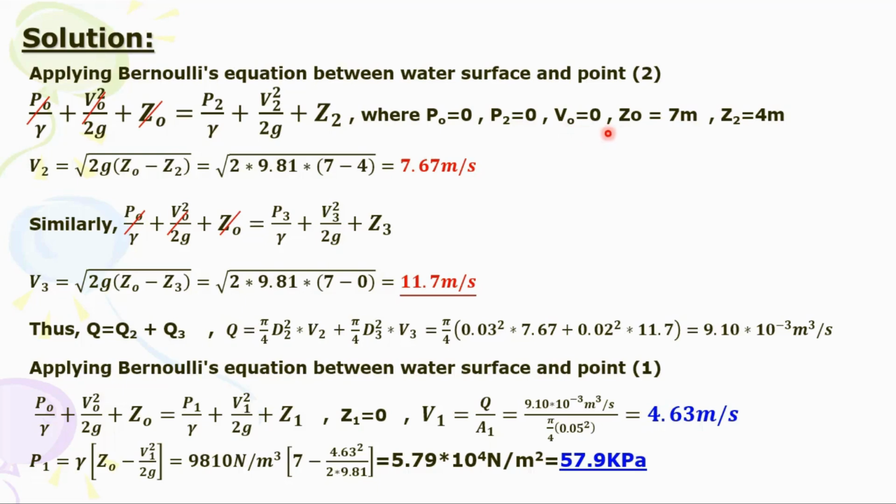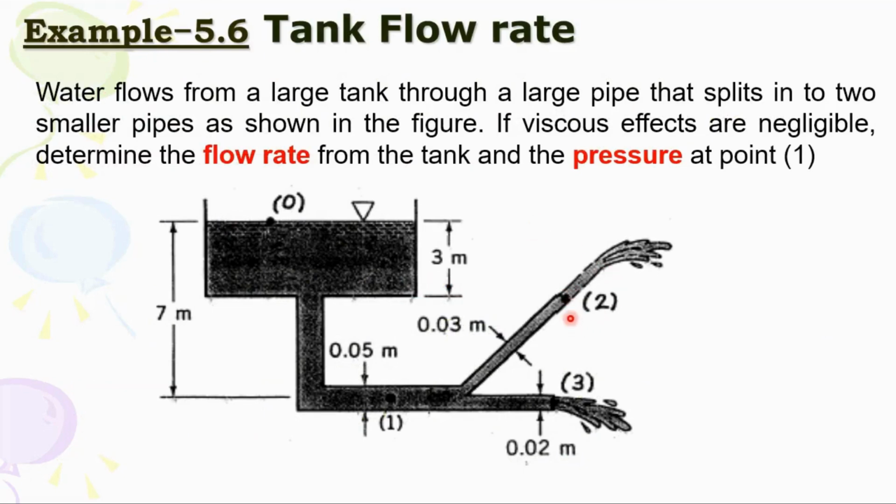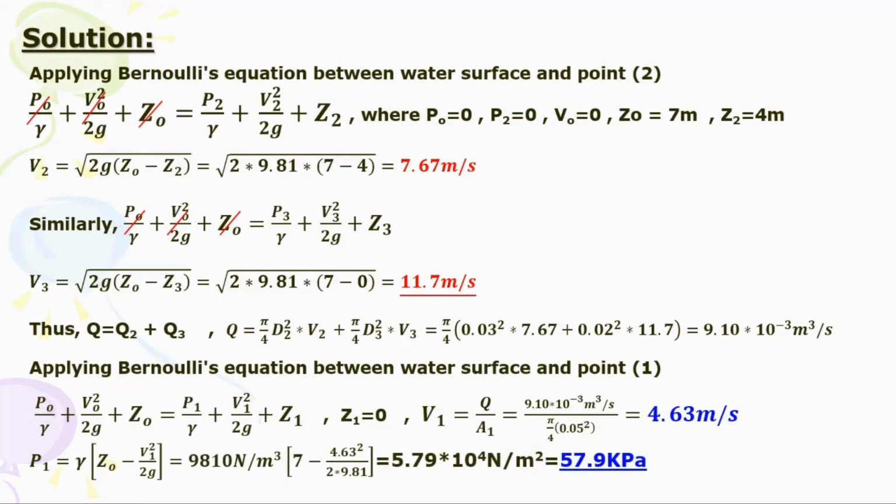Water is at rest, then Z0 is 7 meter because you have a total height of 7 meter, and Z2 is 4 meter. The height of this is 4 meter because 7 meter minus 3 meter gives the height of this above this level. So let us solve now. You can solve for the velocity going out through pipe 2, V2 equals square root of 2g(Z0 minus Z2), so 7.67